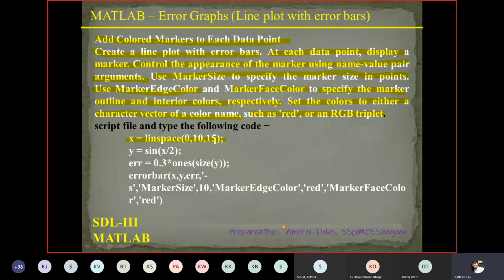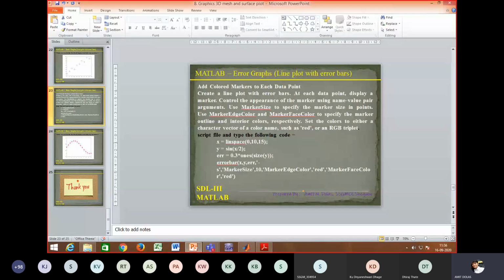So the script is again x is a function, y is a function, the error is given, so the error bar is plotted, and you can see marker size 10, then marker edge color red. These arguments are given. Marker face color is red, it is given like this, but I hope it works.